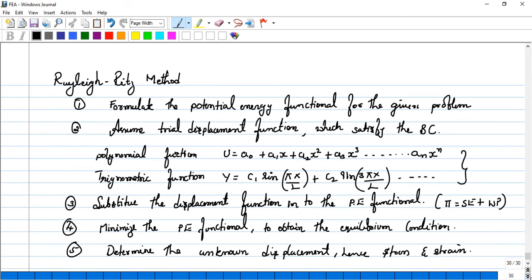So let us consider a numerical. Please take this down and kindly solve with me. The practice in FEM is very much important. The problem statement is as follows: use the Rayleigh-Ritz method to find stress and displacement at the midpoint of a bar shown in the figure, where E is 70 GPa, A is 100 millimeter square, and we need to assume a second order polynomial function.